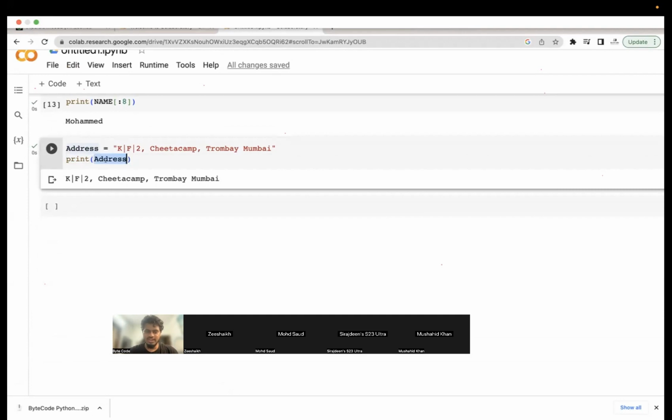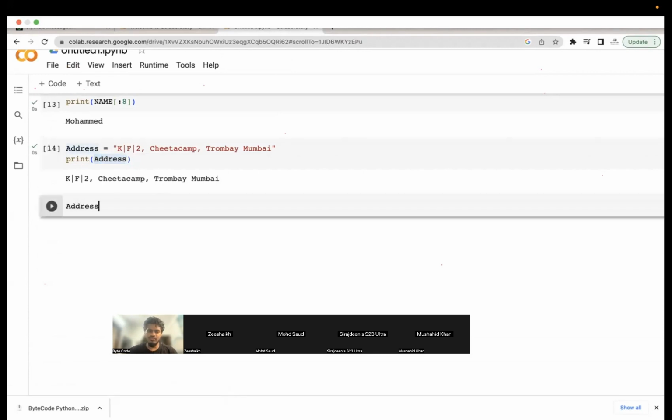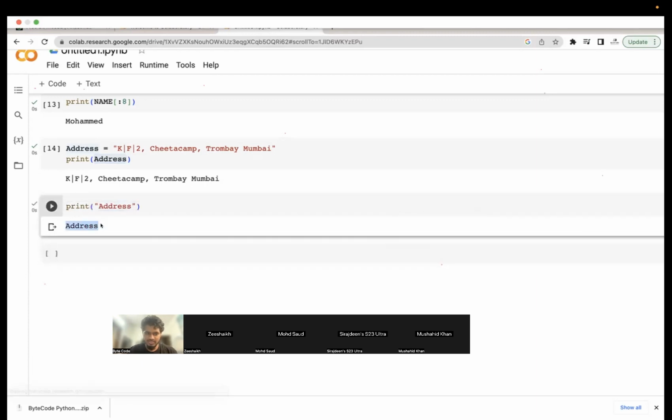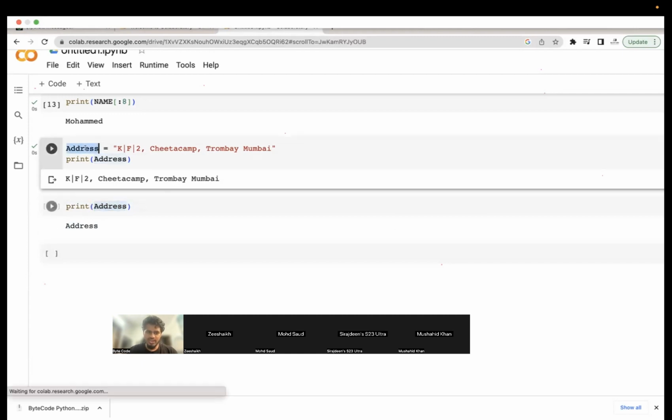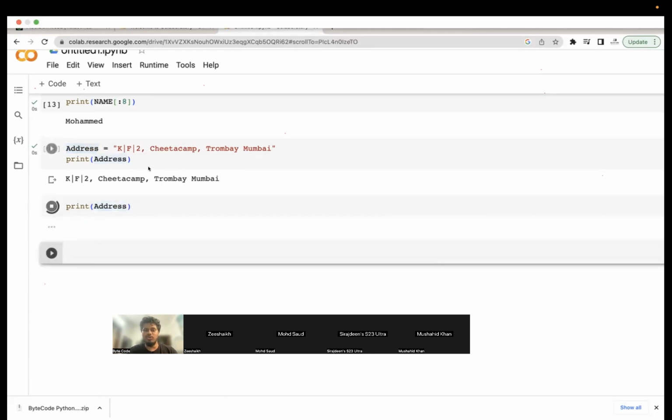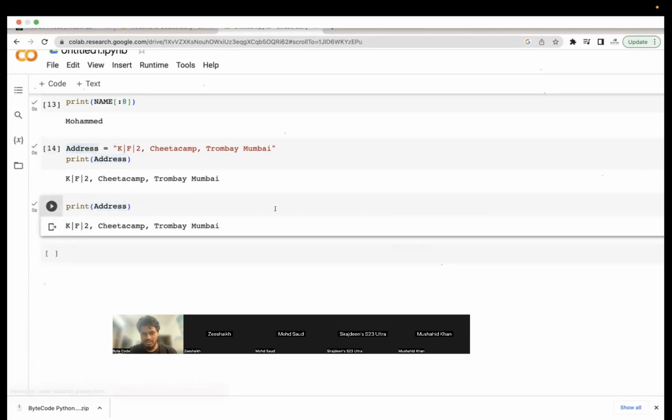As I said earlier, this is nothing but a placeholder. If I print "address" in quotes, it will just print the word address. But if I try to print the variable itself, then whatever corresponding value it has, it will print that. This is the difference between both of them.